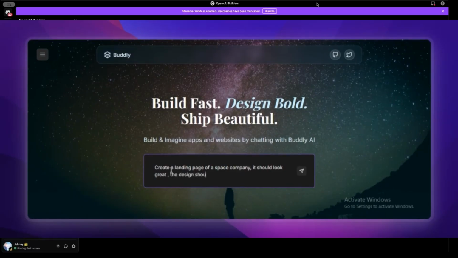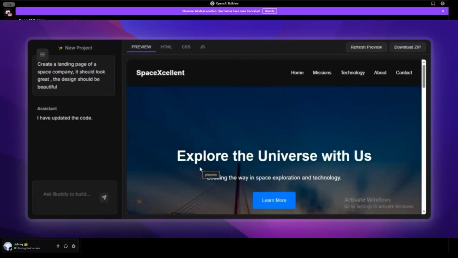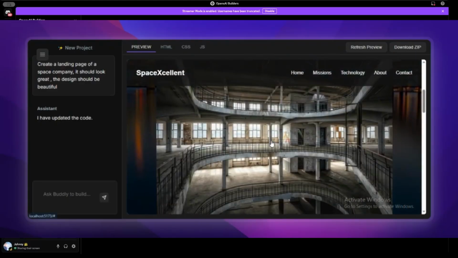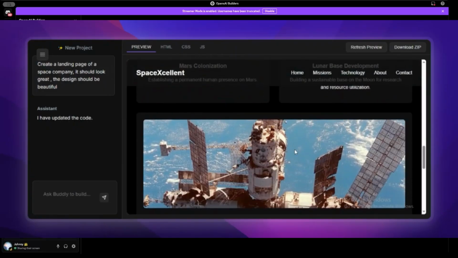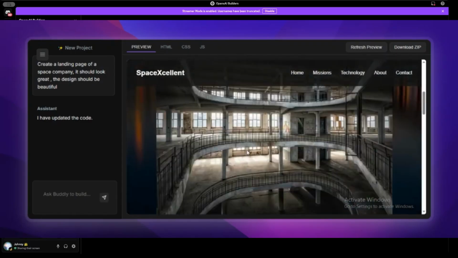So you can see the prompt that the person's giving the AI, describing what the website is going to look like. I'll just speed it up a bit. Creating a landing page for a space company, make sure it looks beautiful. And he's got a little window in here that previews the code through the front end. Basically it's just using AI to generate all the divs and sections of the landing page,